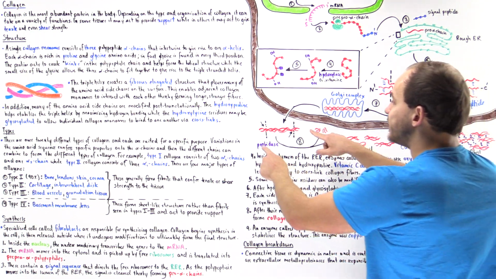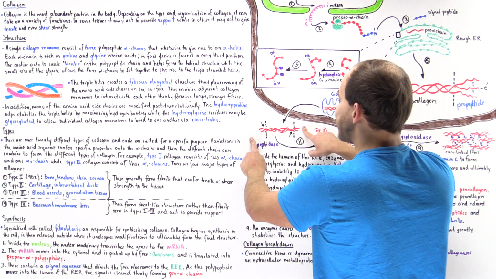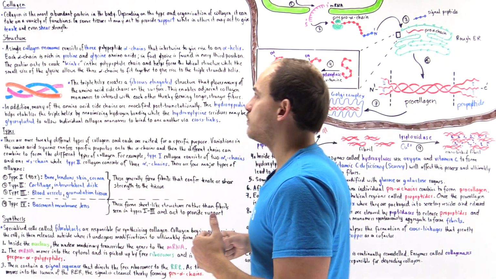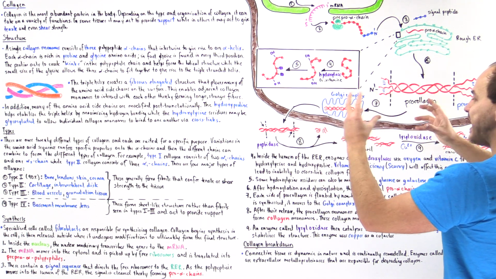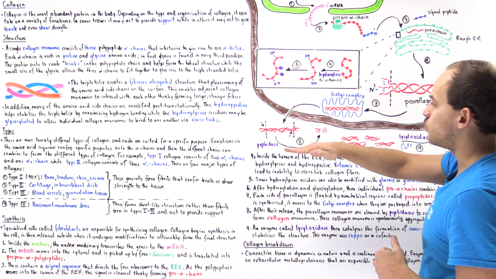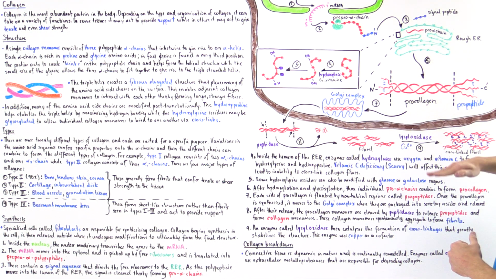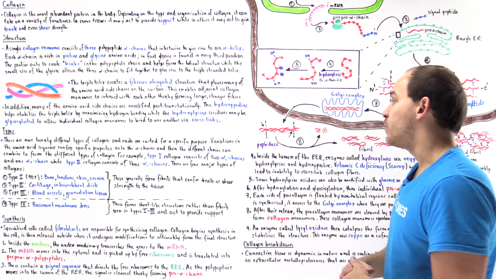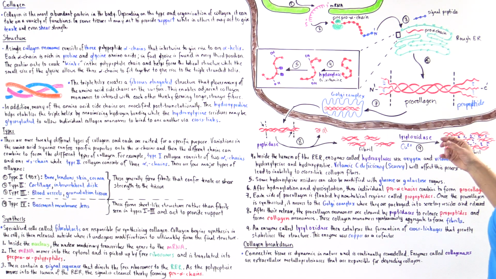Once outside the cell, we cleave the propeptide ends with peptidases, thereby forming those individual collagen monomers that essentially spontaneously form these relatively stabilized structures known as fibrils, in which we have the monomers stacking like so. But to actually reinforce and stabilize the final structure, we have the enzyme known as lysyl oxidase that uses copper as a cofactor to actually cross-link and form those covalent bonds, thereby greatly stabilizing and reinforcing the structure.